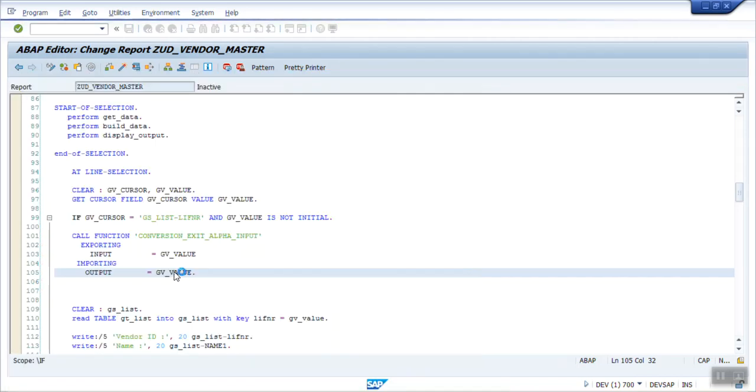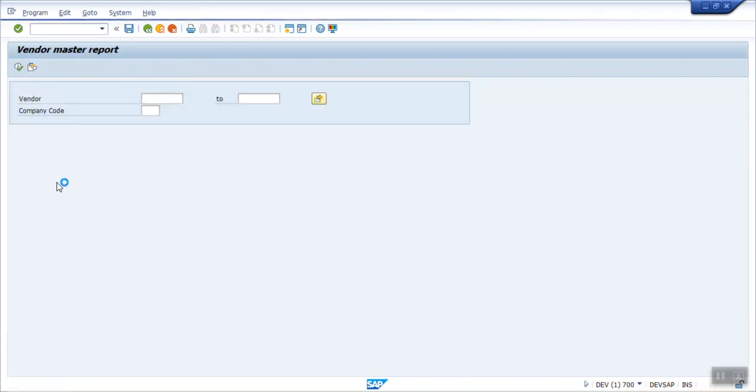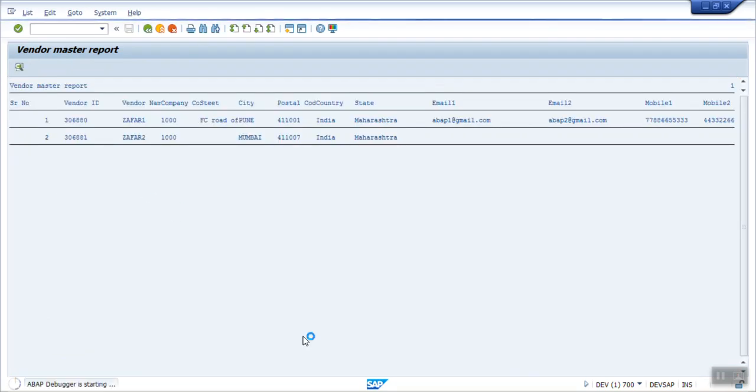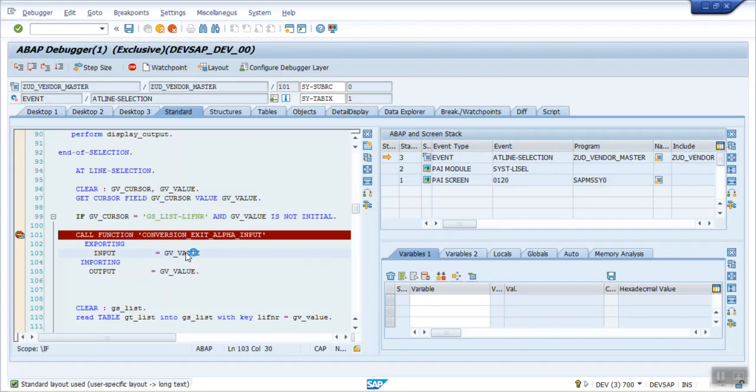Activate. Put a breakpoint here to check the values. Double click here. Now initially we have only a 5-digit ID.